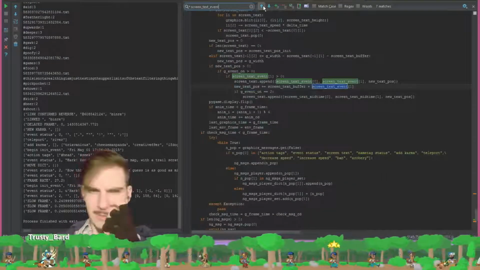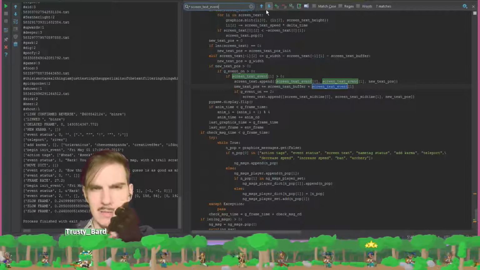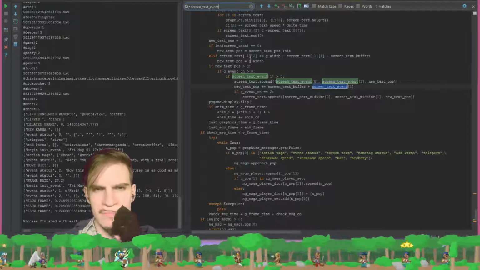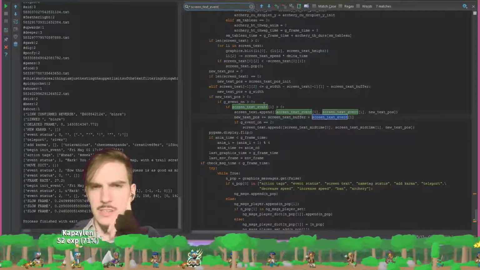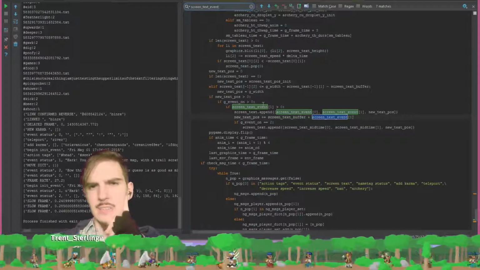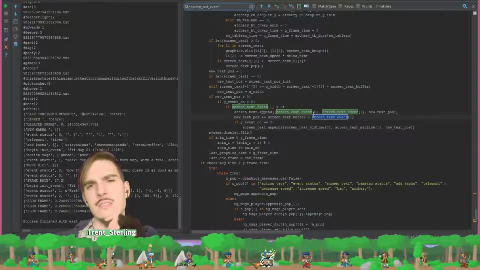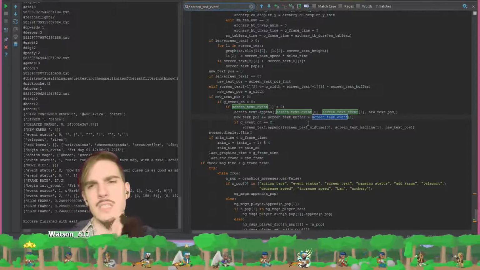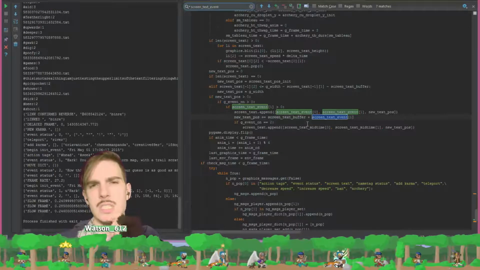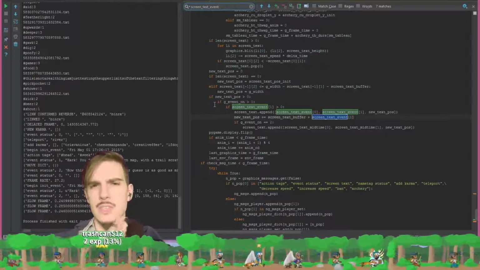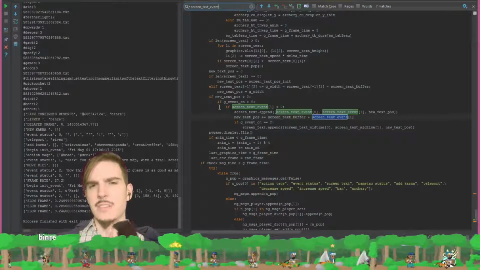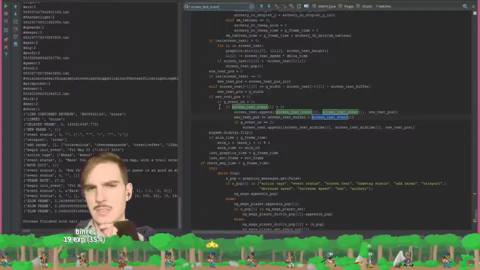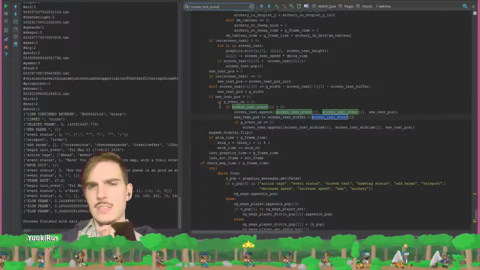What is screen text event? If new text position is greater than 0, if G event on is greater than 0, if screen text event,